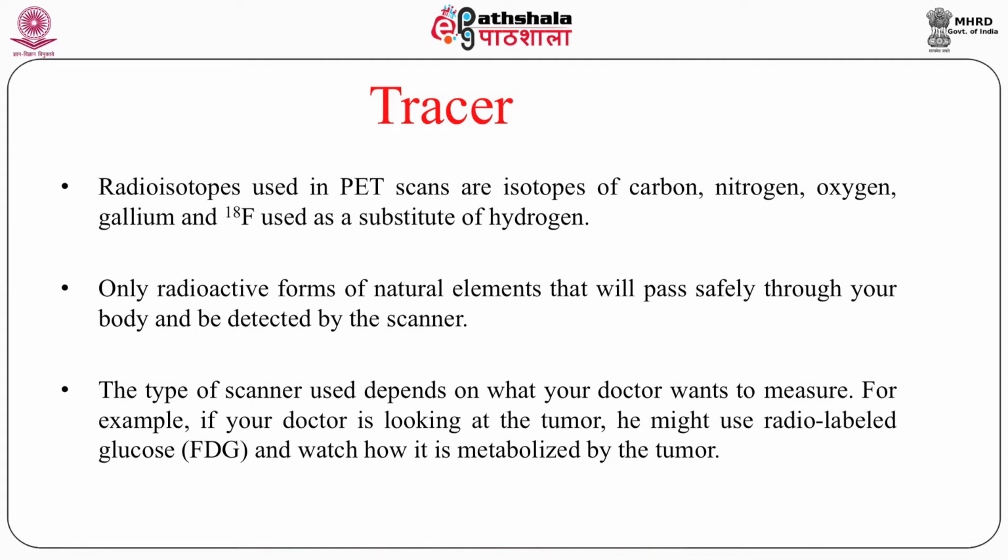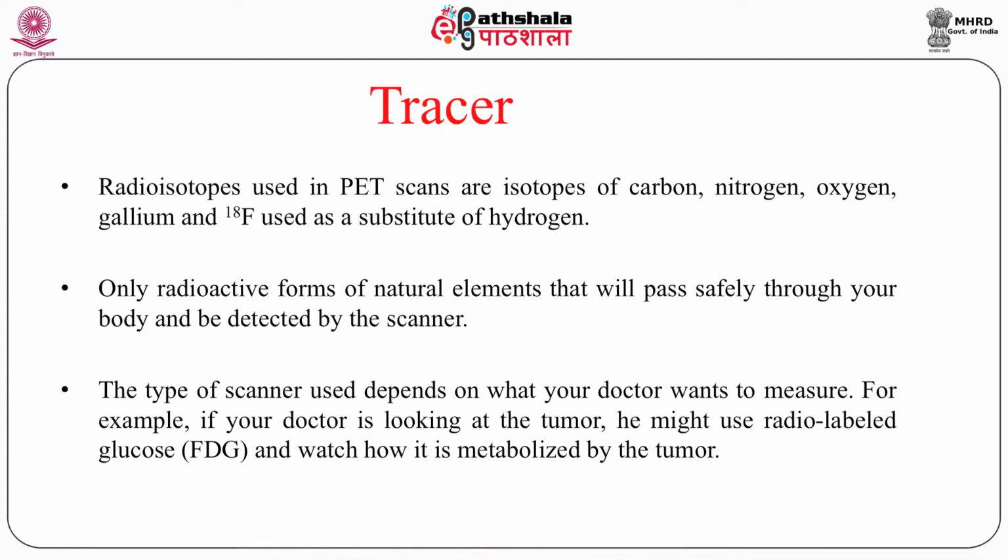For example, if a doctor is looking at a tumor, he might use radio-labeled fluorodeoxyglucose and watch how it is metabolized by the tumor. We are talking about oncology, because fluorodeoxyglucose is used. What does FDG do? FDG goes to cells which are active, and we all know tumor cells are more active than normal cells, because these tumor cells take up all the glucose. The body won't know the glucose is coming from here, but the tracer is fluorine-18. Once it goes inside the body, the fluorine gets trapped,